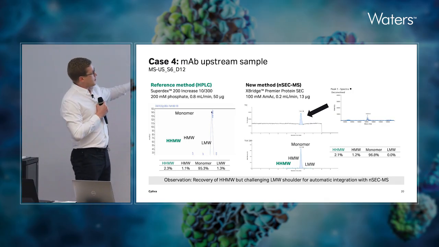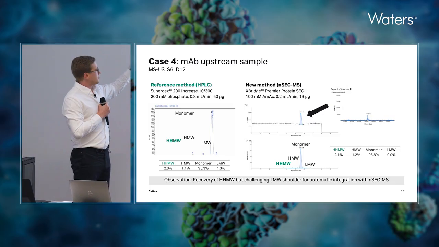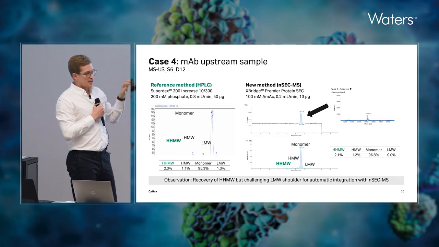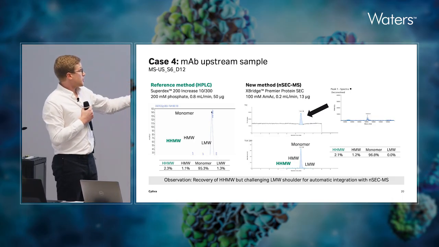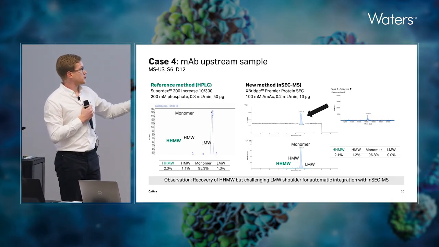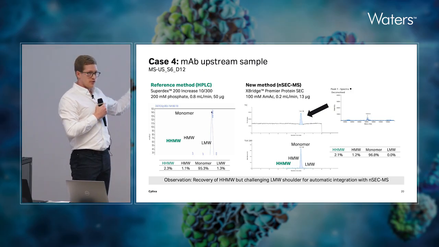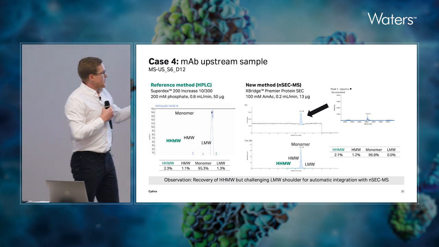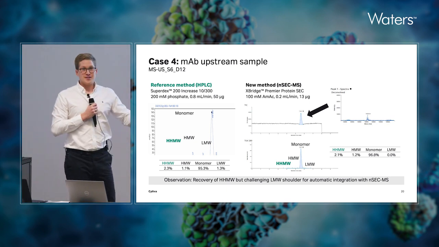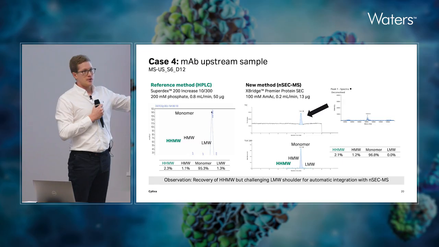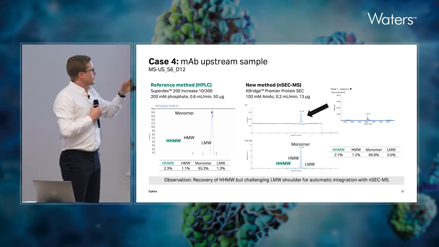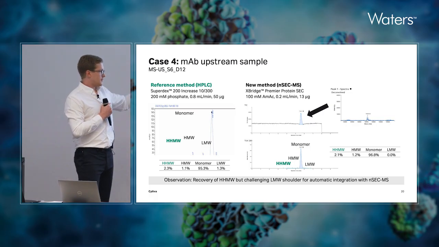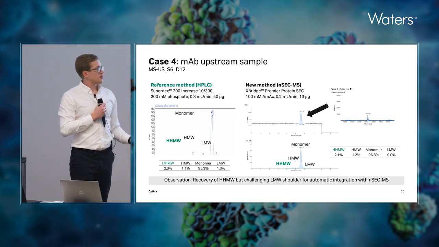So here's just a reference method. It's our own column, an optimized phosphate buffer. It's one sample. You can see we have aggregates and main peak. We take the exact same sample, and then we analyze it on an XBridge Premier Protein SEC from Waters on a BioAccord system. And now we can't use phosphate, of course, because we're injecting it to the mass spec, so we use ammonium acetate. The mass spec data is not going to look as nice as an RPC, but it's sufficient enough to get the correct molecular weight. Then we use the UV to assess the purity, and I hope you can appreciate that the purity profile with SEC-HPLC and native SEC-MS is going to be very similar.